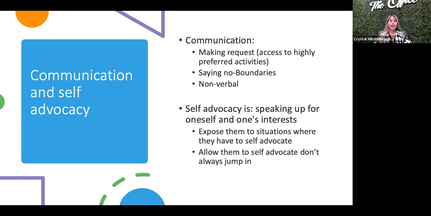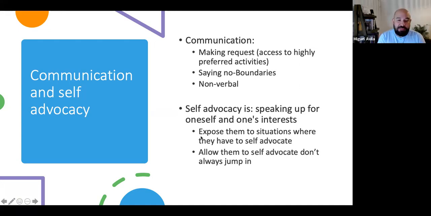Gotcha. And then when it comes to self-advocacy, which also has to do with communication, self-advocacy can be seen as speaking up for oneself, for one's interests. So this is very interrelated with making requests, with setting those boundaries, right? A lot of that. What's your take on self-advocacy, Miguel? Yeah, I mean, it's one that perhaps is overlooked in our programming, so we ought to be sensitive to this and prioritize teaching